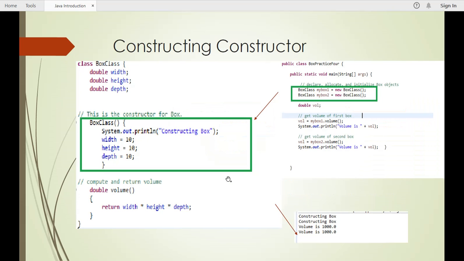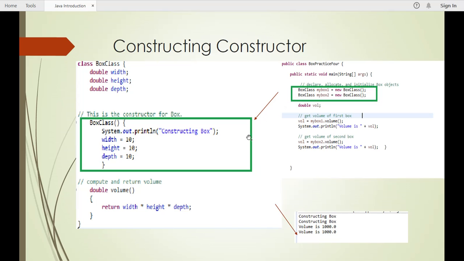This is our modified class now, and this is the second class. You see we have created myBox1 and myBox2, new Box class and new Box class. These two objects have been created.